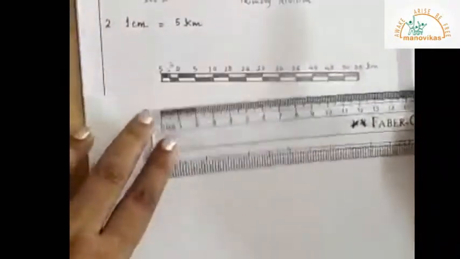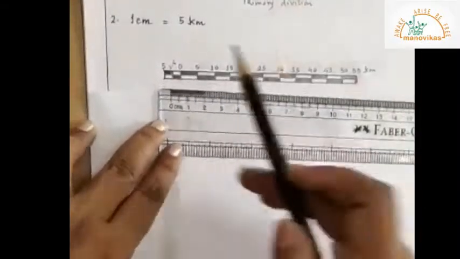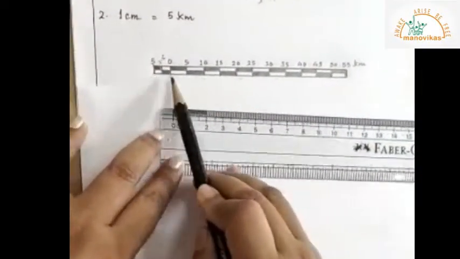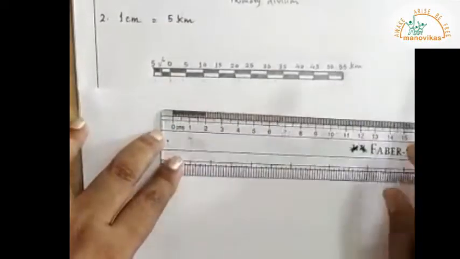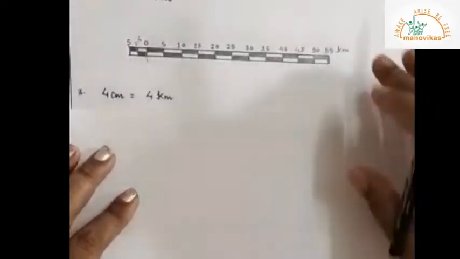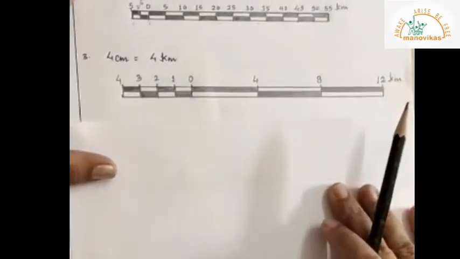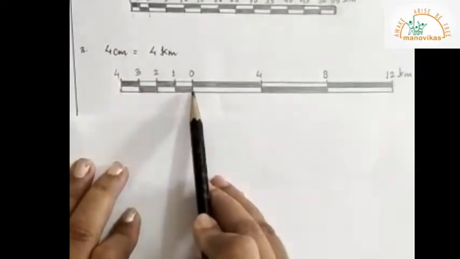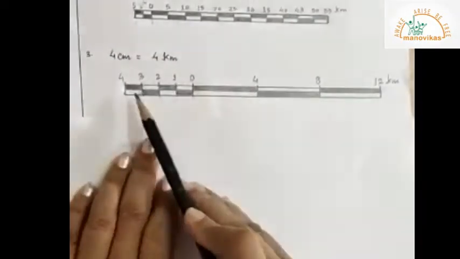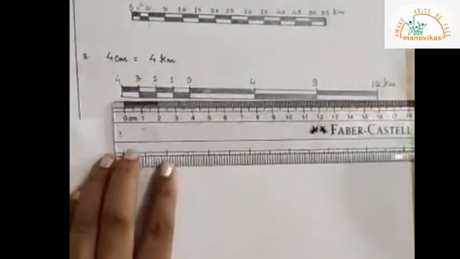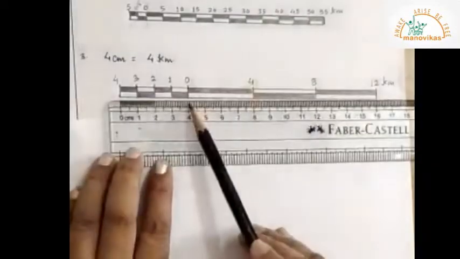Then again you draw a half centimeter width horizontal line, give a double line and shade the alternate boxes. So from 0 to 5 is your secondary section and 0 to 5 onwards is your primary division. The next example is 4 centimeter is equal to 4 kilometers. In this case, since it is 4 centimeters, we have drawn the line at a distance of 4 centimeters each. I have drawn nearly 16 centimeters of line, if you check here,